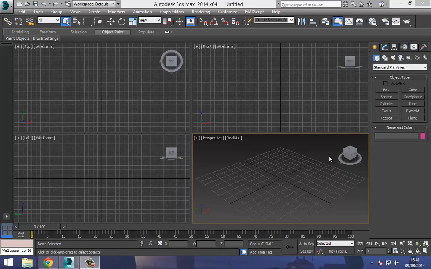Hello and welcome to this video where we're going to be now looking at the viewports themselves. The viewports are the most prominent thing you're going to be using. It's going to be where you're going to be creating all your assets and your content. And so we're going to spend a little bit of time and talk over the different aspects of